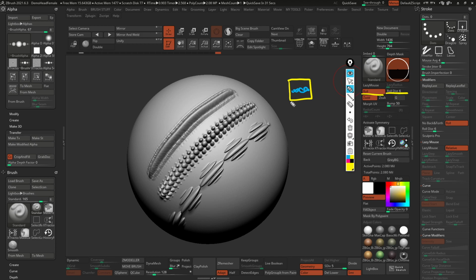So it's going to duplicate that, but it's actually going to stretch the alpha. So that's why you end up with something that looks like that, right? So this roll distance and this roll are pretty convenient when you're creating some kind of weird looking brush like I'm about to do.